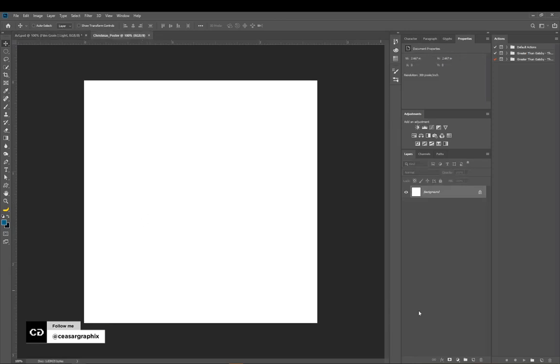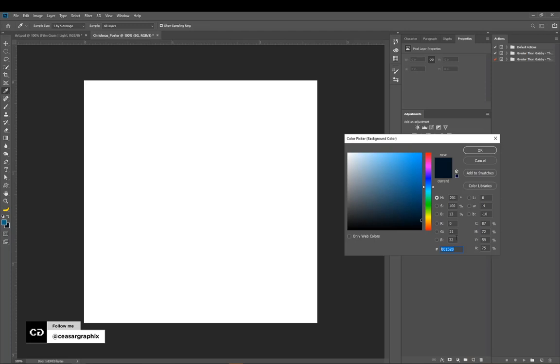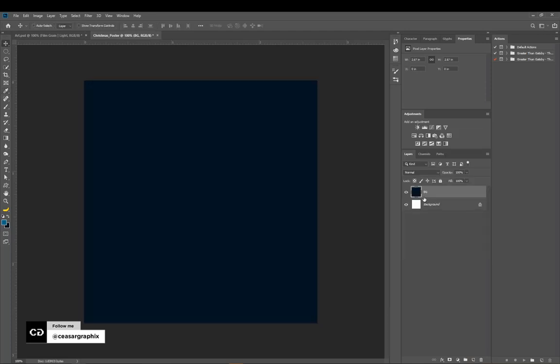So first, I'm going to create a new layer. So I'm holding on Alt and I'll click, and I'll call this BG. Then I'm going to fill this with my foreground color, my background color. So if I double click on it, you can see the code right here. Alright, so I'm just going to click OK, and I'll hit Control Backspace, and then I'll create a new layer,